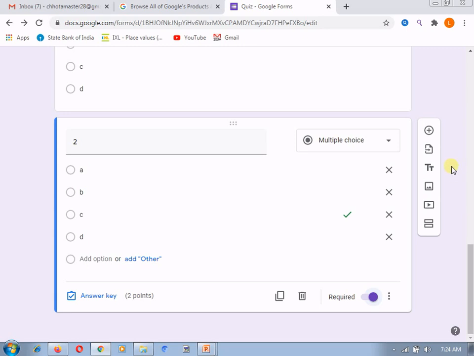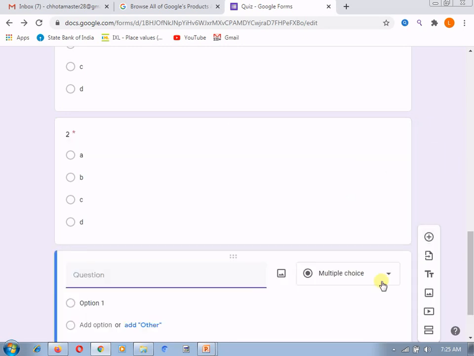Now, there may be some questions where you are providing an image. Suppose you are talking about data structures, and you provide a tree or a graph type of question, then you can ask about the traversal of that. If it is an architecture type of question, and you provide the architecture, then you can ask different types of questions on that. I mean to say that you can import the image in your question as well.